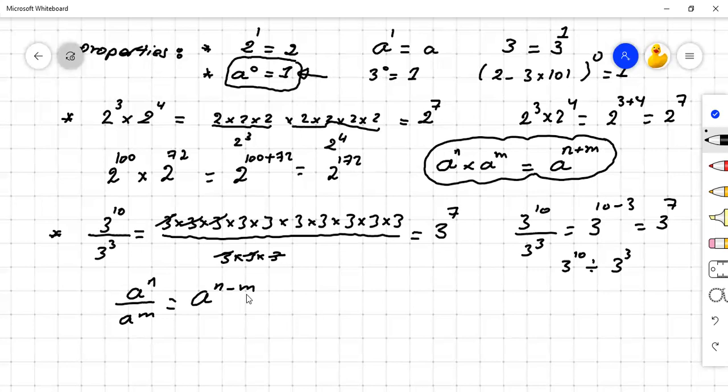So if we have two powers with the same base, we can subtract the exponents. And of course, don't miss the condition that a doesn't equal 0, since we can't divide by a 0 number. This is the second property. Let's talk about the next one,